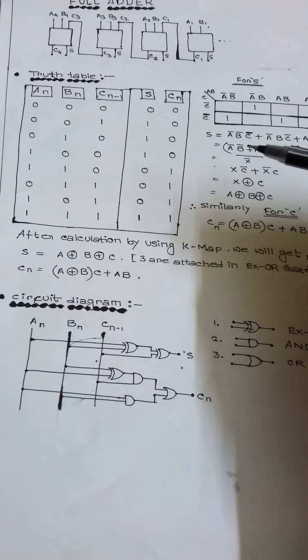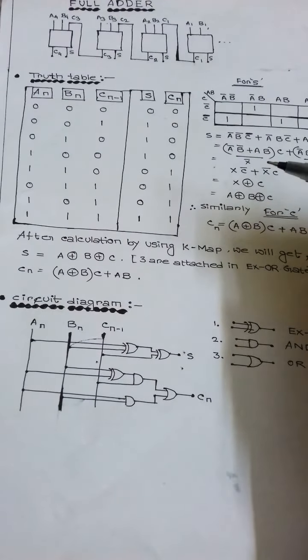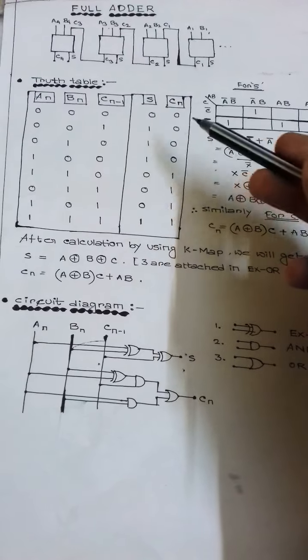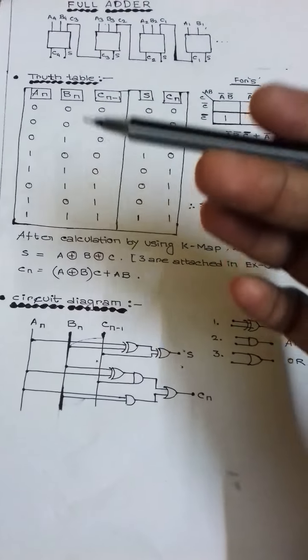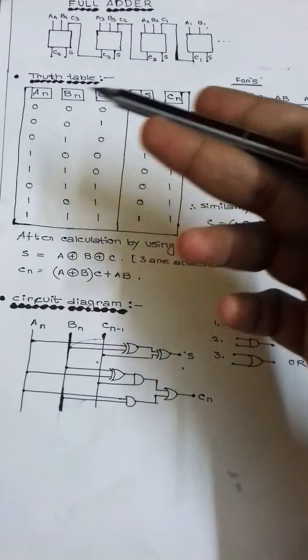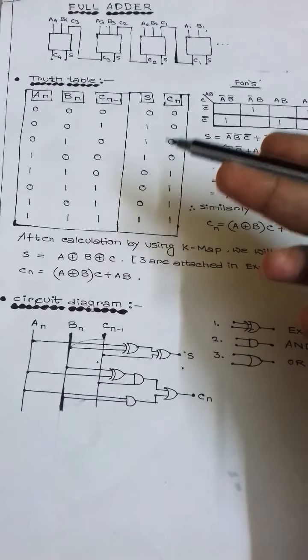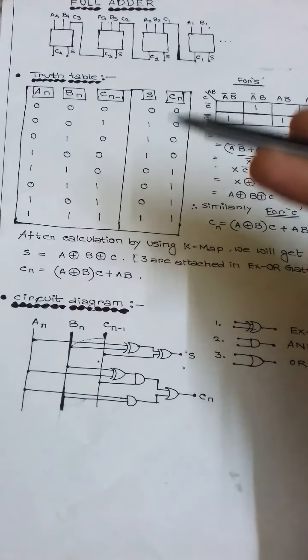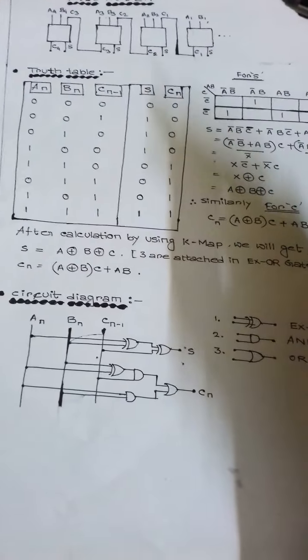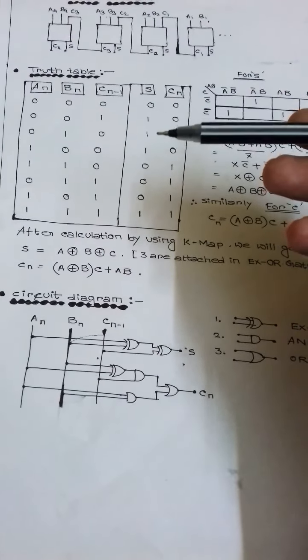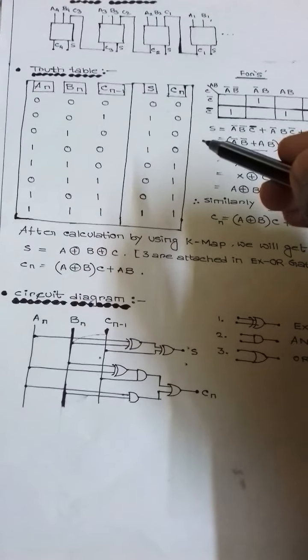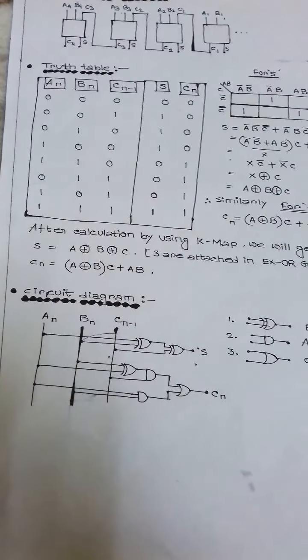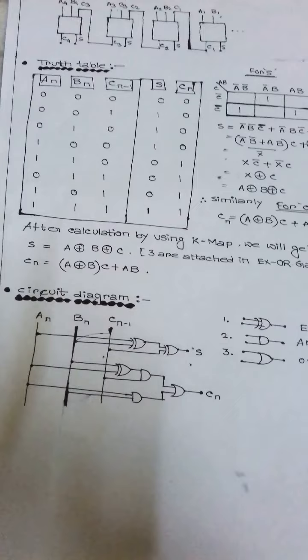Okay, so in the truth table you see the different results for different inputs. Many possibilities of inputs can be present here, and for these possibilities you can get the answers or the results, sum or carry. So in my own experimental setup I want to verify the results. Okay, so let's do it by my experimental setup.